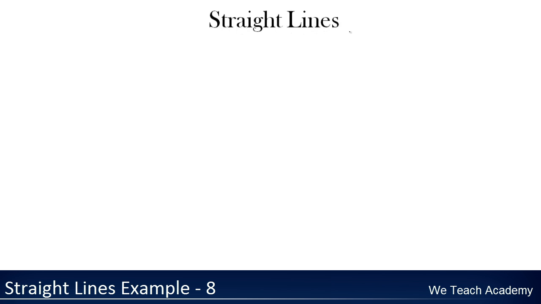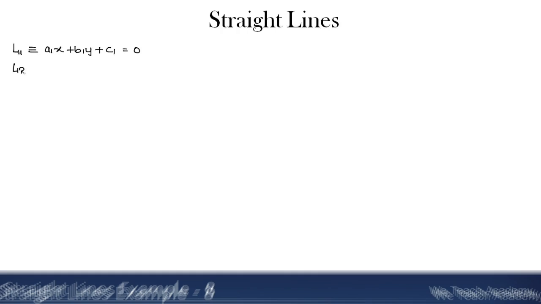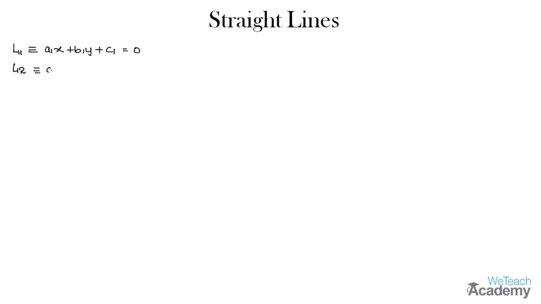Hello friends, welcome back to WeTeach Academy, and here we are going to discuss a few examples under the concept straight lines. So before discussing examples, let me remind you of a few concepts. If L1 is A1x plus B1y plus C1 equal to 0 and L2 is A2x plus B2y plus C2 equal to 0, then these lines are said to be perpendicular for only one condition, that is A1 A2 plus B1 B2 must